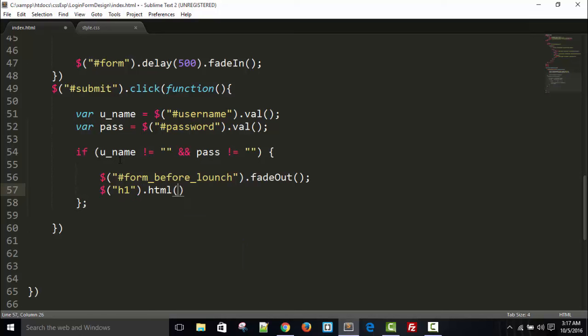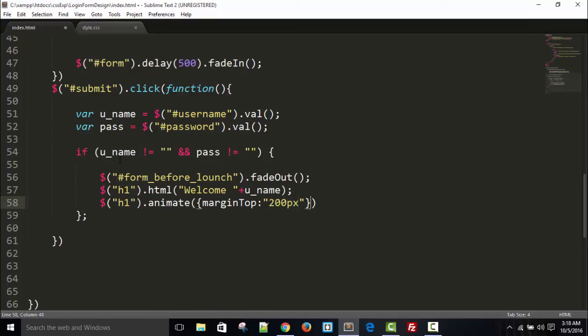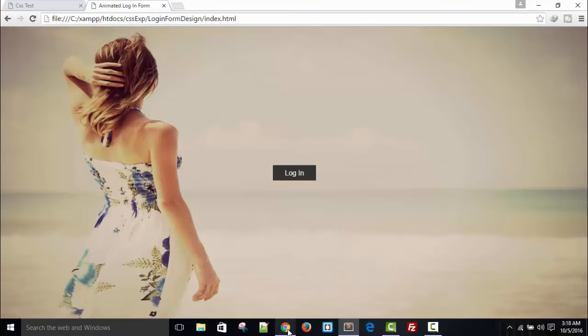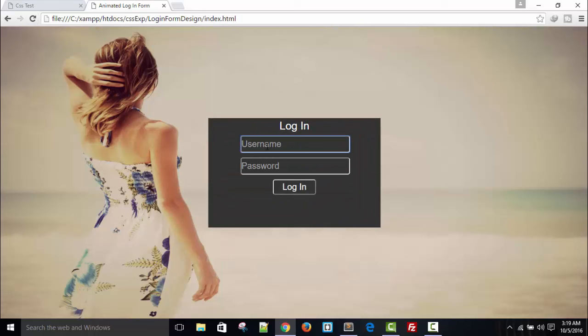dot html welcome plus u_name and dollar h1 dot animate margin top 200 pixel, and one more thing, h1 dot fade in. Refresh, login, and